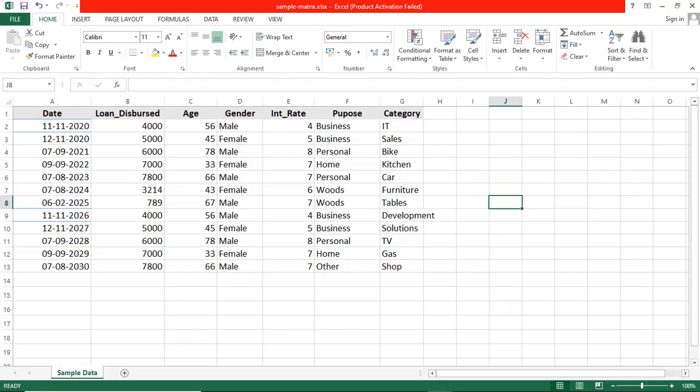Before we start the practical on the matrix, we have some data. So we check that data in an Excel sheet. We have dates, years 20, 21, 22, 23, and 24. Then the amount of loan disbursed, then the age, gender, interest rate, purpose, and category. So my requirement is to generate a report on how much loan was disbursed for the years 20, 21, 22, and 23. Secondly, for what purpose? For business purpose, personal, home, then goods,